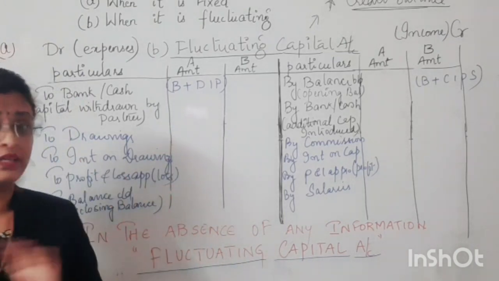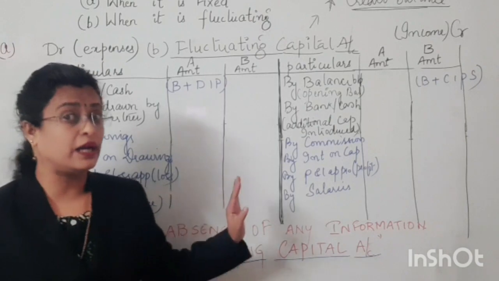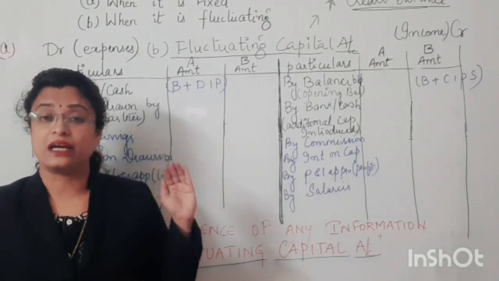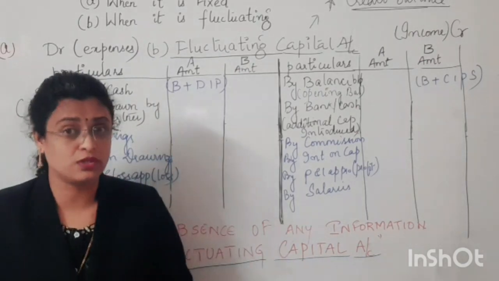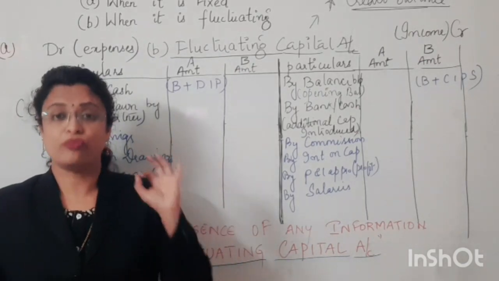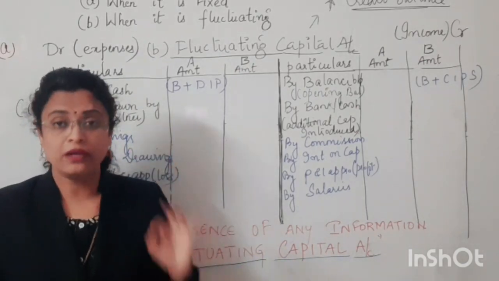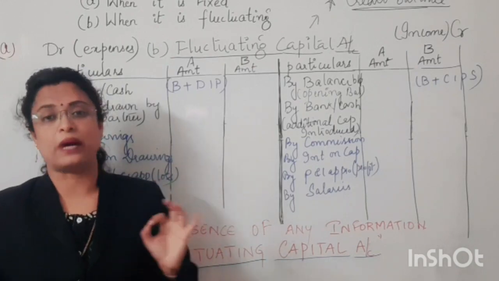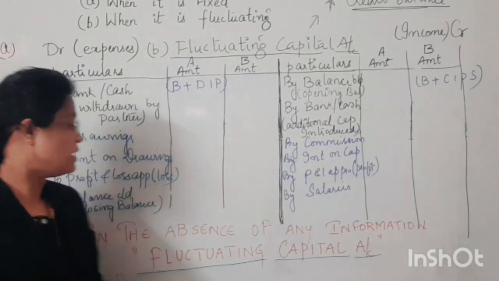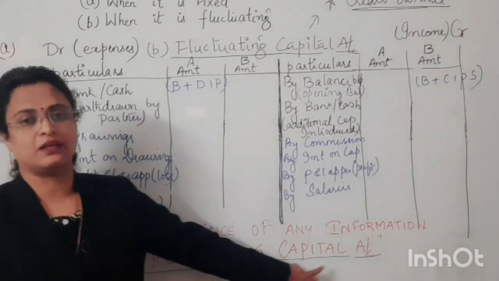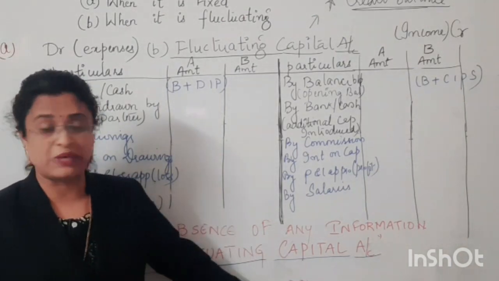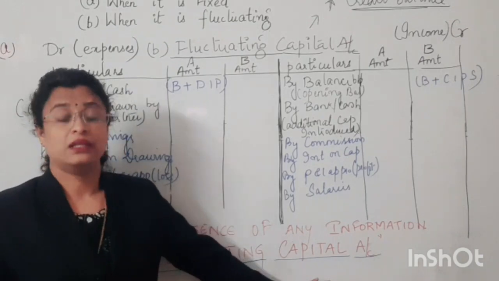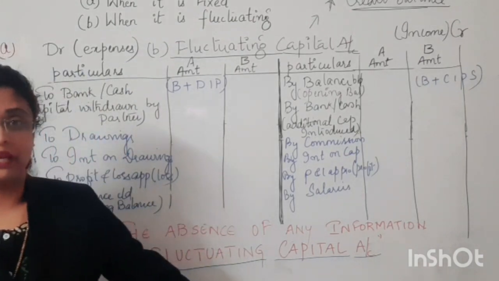Now if the question does not say anything and no current account balances are given, then it's an understood thing, whether you are in an admission chapter or doing questions on retirement or whatever, we commonly follow one particular pattern of the partners capital account, and this is the fluctuating partners capital account. It's an understood concept, children. The question won't be mentioning anything about this, okay? They will simply mention prepare partners capital account.